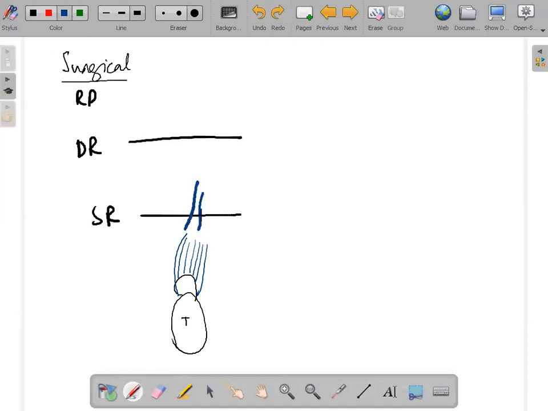Now, at the level of the superficial ring, how many veins are there? 4 veins. These will unite at the level of the deep ring to form how many veins? Two veins. They will unite to form a single vein. Now, the operation of choice, that is the standard of care, is a